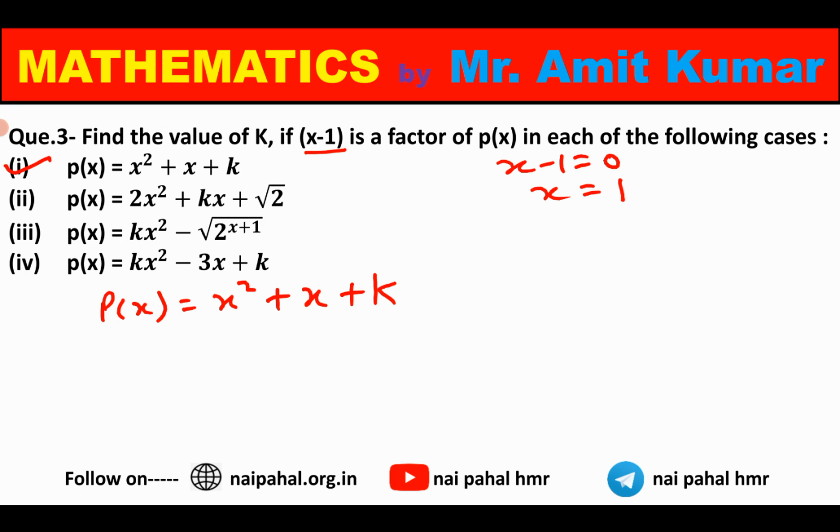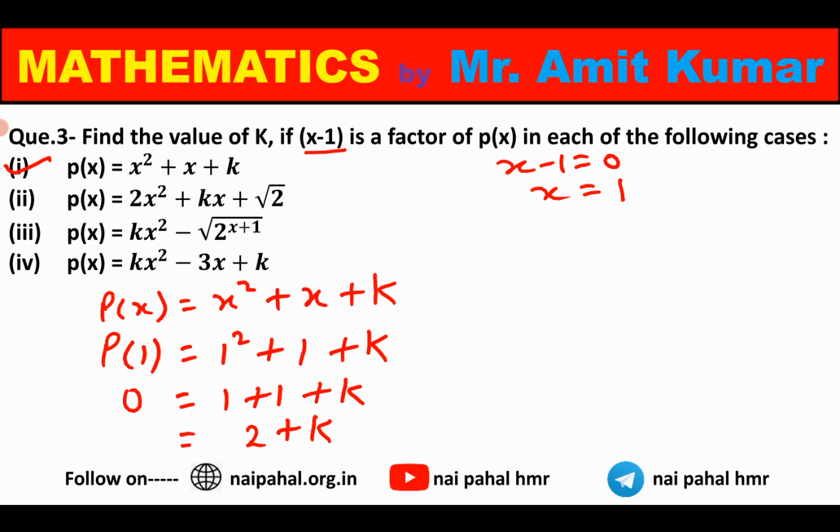Let us continue to the next part, where we have the third part as px equals x cube minus 4x square plus x plus 6, and gx is given as x minus 3. Let us take x minus 3 equals 0. So if it is a factor, then the x value will be plus 3. Let us continue. If we put x as 3, then it should be equal to 0 for having a factor.